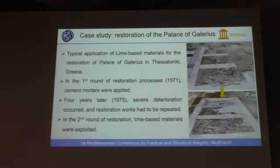Examining a case from Greece, namely the Palace of Galerius in Thessaloniki, northern Greece, in 1971, restoration processes took place and cement mortars were applied. But again, it has been seen that accelerated deterioration took place, and so 4 years later, the same works had to be repeated. And at that time, they applied lime-based mortars, and then the interventions remained in place. So, this is what